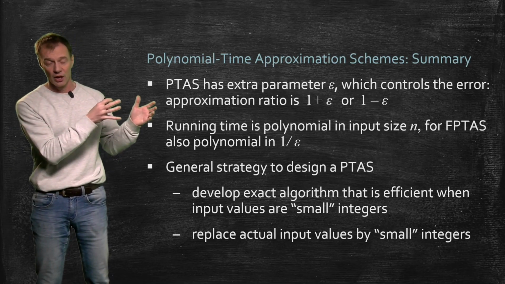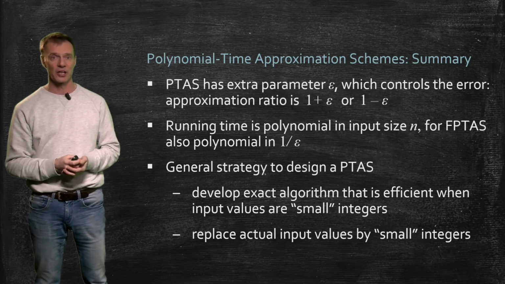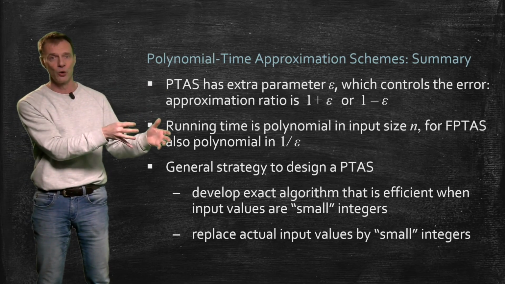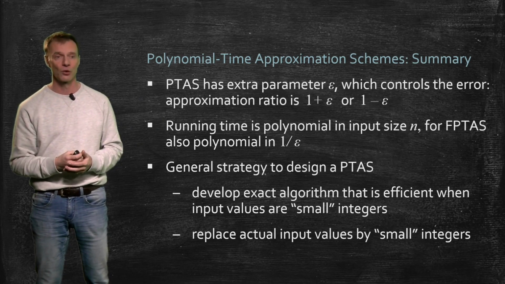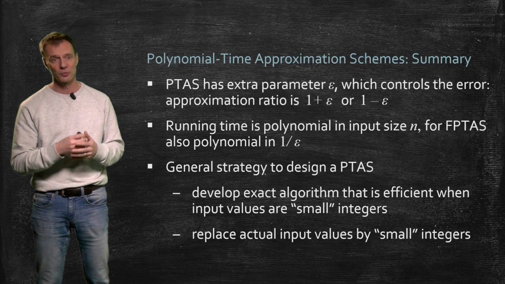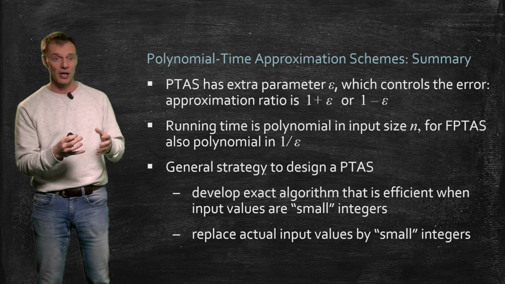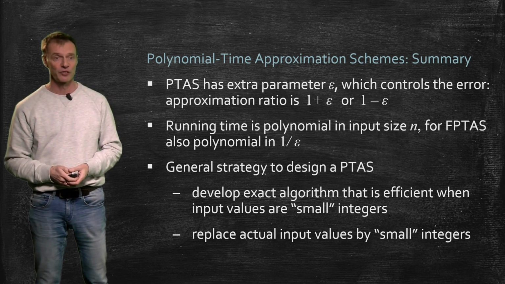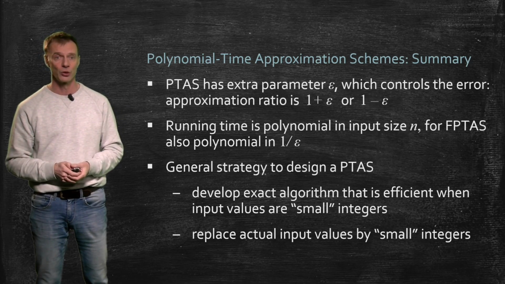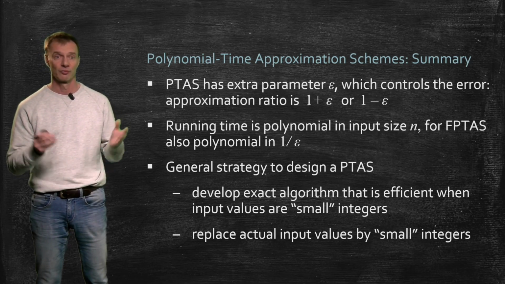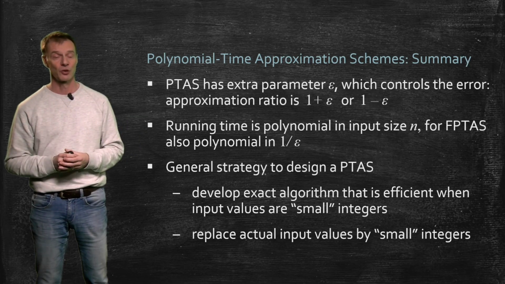For the knapsack problem, we did exactly this, where we replaced the value by value star. There's also a general way of trying to do this by working with this delta, as you've seen in one of the previous lessons. And then there's a nice way to derive what a good value of delta is. So that's what we did on polynomial time